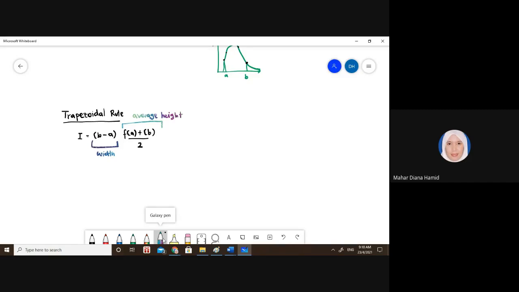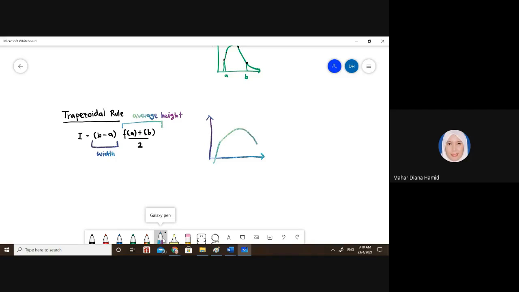So we have two components here, width and average height. If we try to put it in graphical representation, we will see that for trapezoidal,